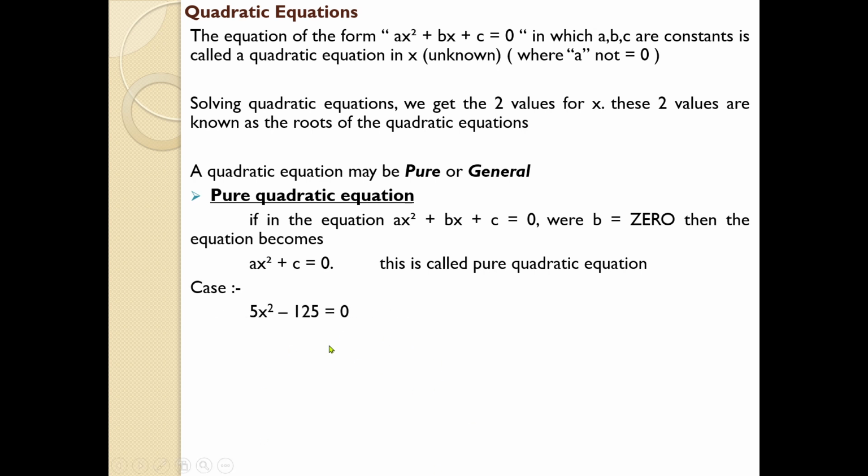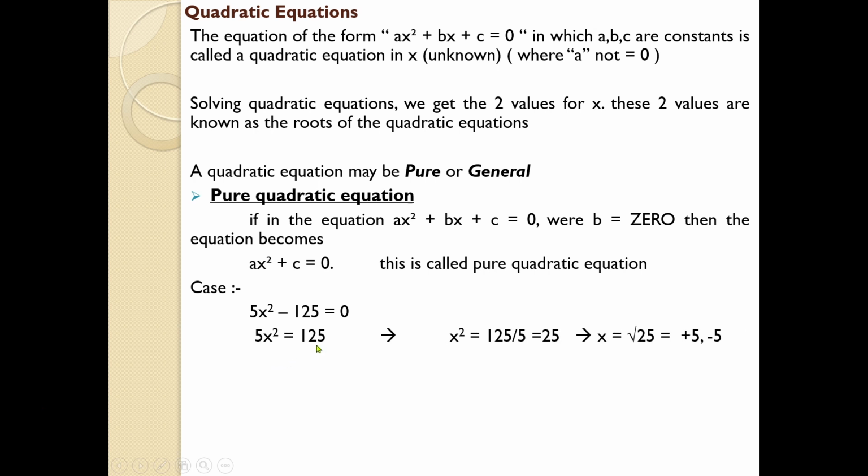You may come across a question where you are asked to solve this quadratic equation. So don't get confused, because most quadratic equations are expressed in the form of ax square plus bx plus c equal to 0. You have done numerous cases regarding that. I believe you know the concept. But when you come across this kind of question, don't get confused, because it is actually a pure quadratic equation and the computation will be very easy. Just solve this equation as a usual theory of equation case. So we can solve this one.